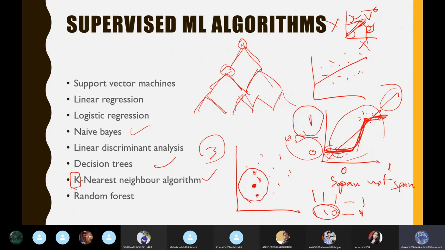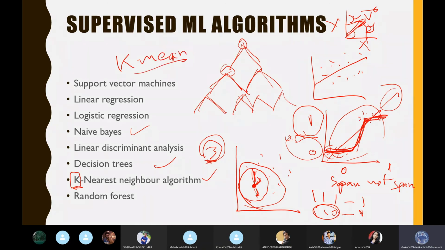So how many variables it considers is what the k is. If we give k as a larger number, it will consider more values. If we give a smaller k value, it will consider fewer values, the closest variables. And to understand which is close, there is another technique called distance. It will check the distance between the variables and take the closest ones. When we give 3, it will take the first 3 with the least distance from the center, like the data point which we need to find out. So this is the k-nearest algorithm, and there is also one more thing called k-means.